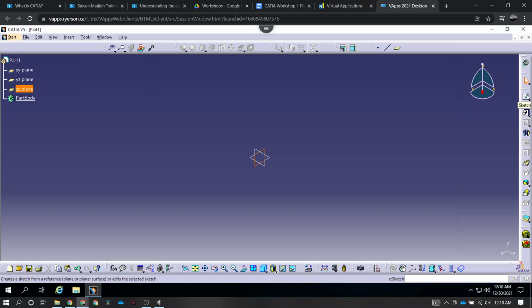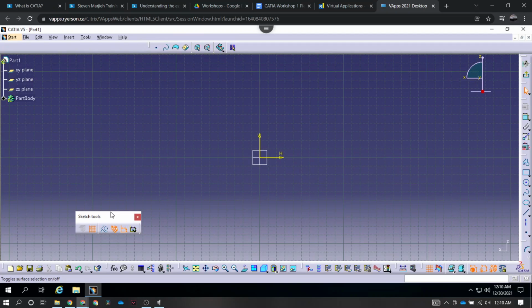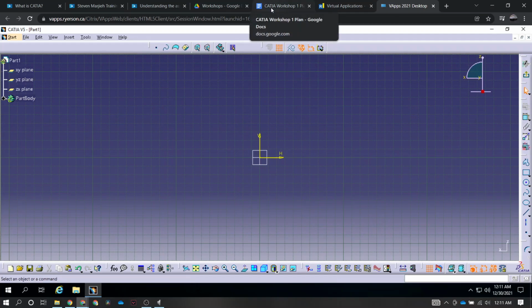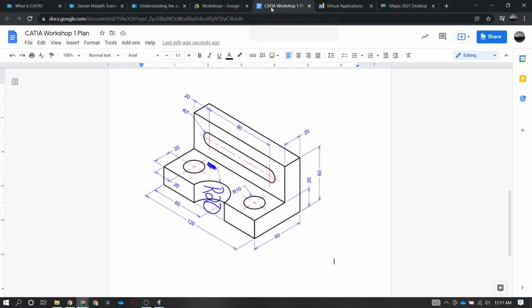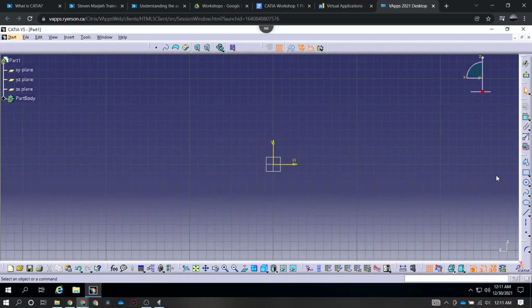And then I just have to go to this sketch toolbar right here, and it'll bring us this. So my tools are sort of floating, but it gives us this. So what essentially happened is that we went into that plane. So now we're working on a 2D plane, the ZX plane. And what we want to recreate is this shape right here. There are multiple ways of doing it. The way I like to do it is